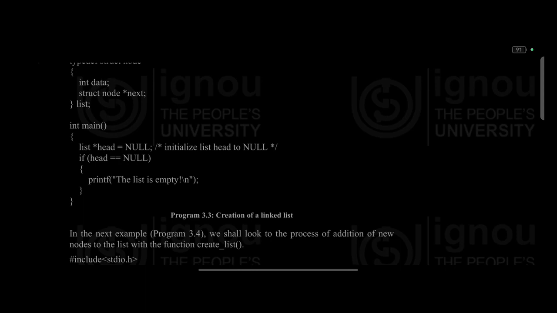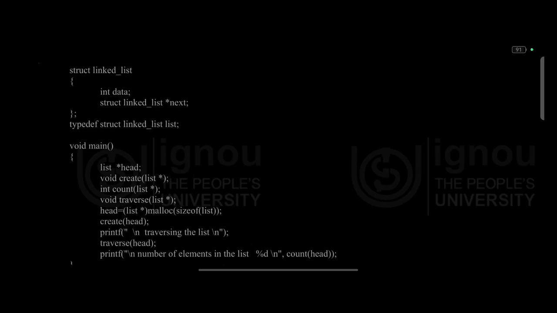So creation of a linked list. In the next example program 3.4, we shall look at the process of addition of new nodes to the list with the function create_list. #include <stdio.h> #include <stdlib.h> #define NULL 0 struct linked_list { int data; struct linked_list *next; } typedef struct linked_list; void main, list *head; void create(list *, int count); list *void traverse; list *head = (list *) malloc(sizeof(list)); create head